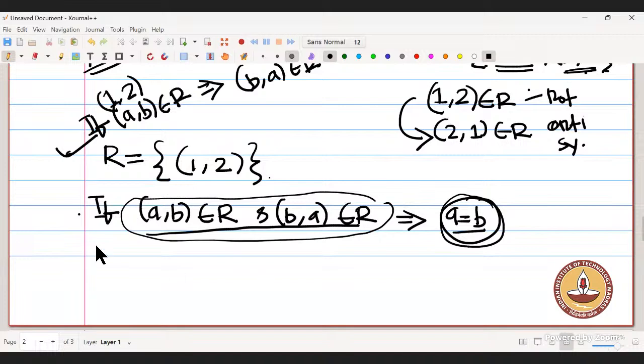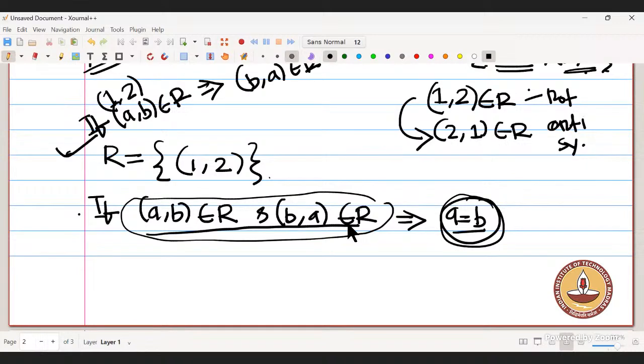It's saying if this holds, then only I need to check it, right? So if that condition is not holding, then it's vacuously true. So why do I need to check? The condition doesn't hold, so we consider it as anti-symmetric. The thing is, it's saying if there is a,